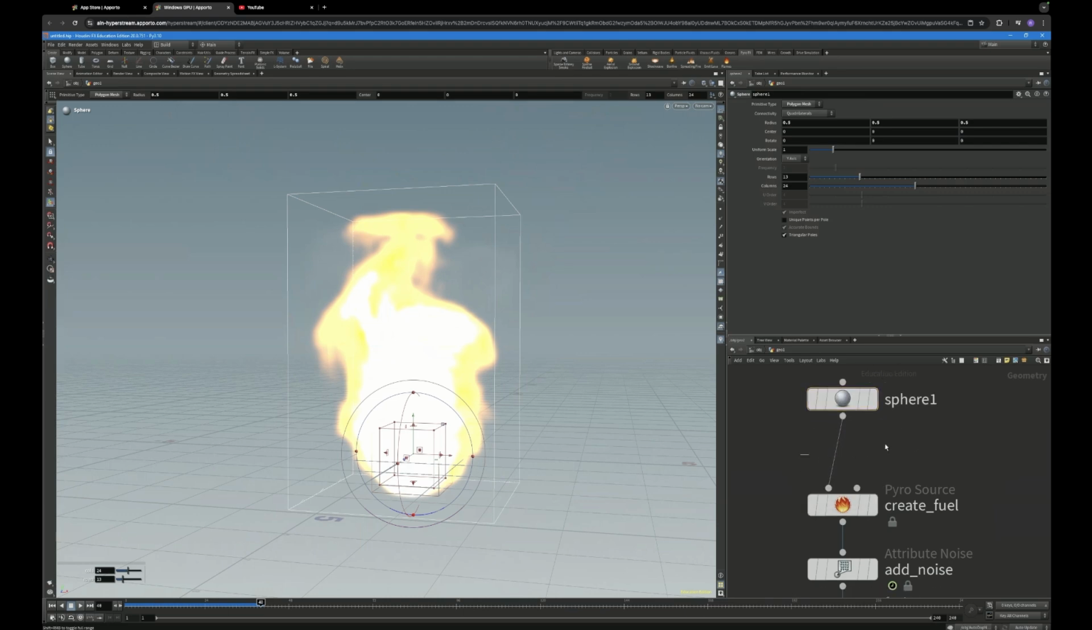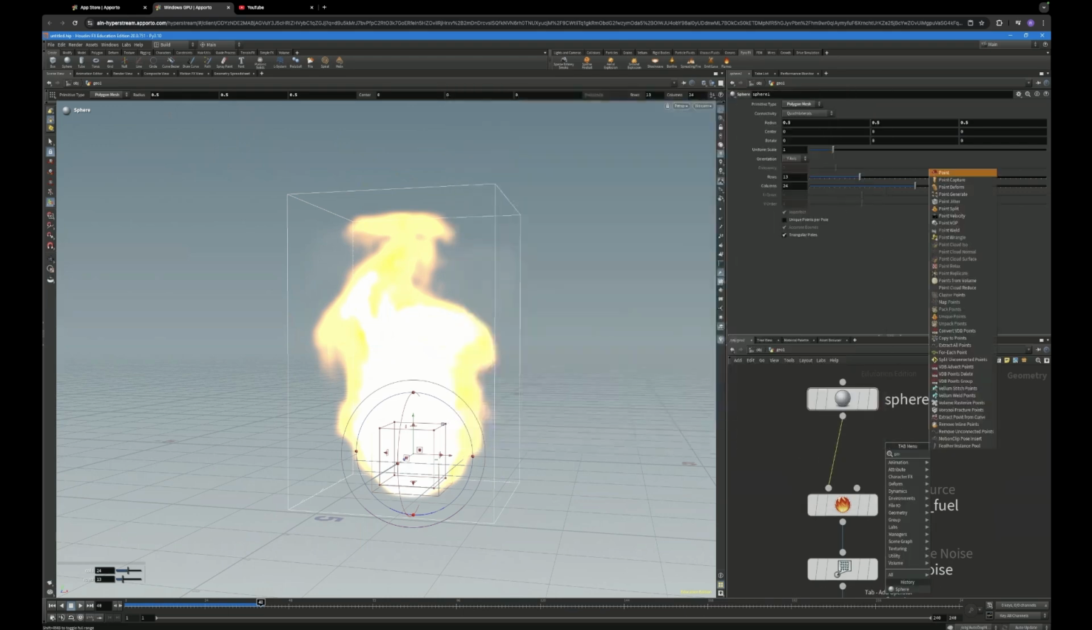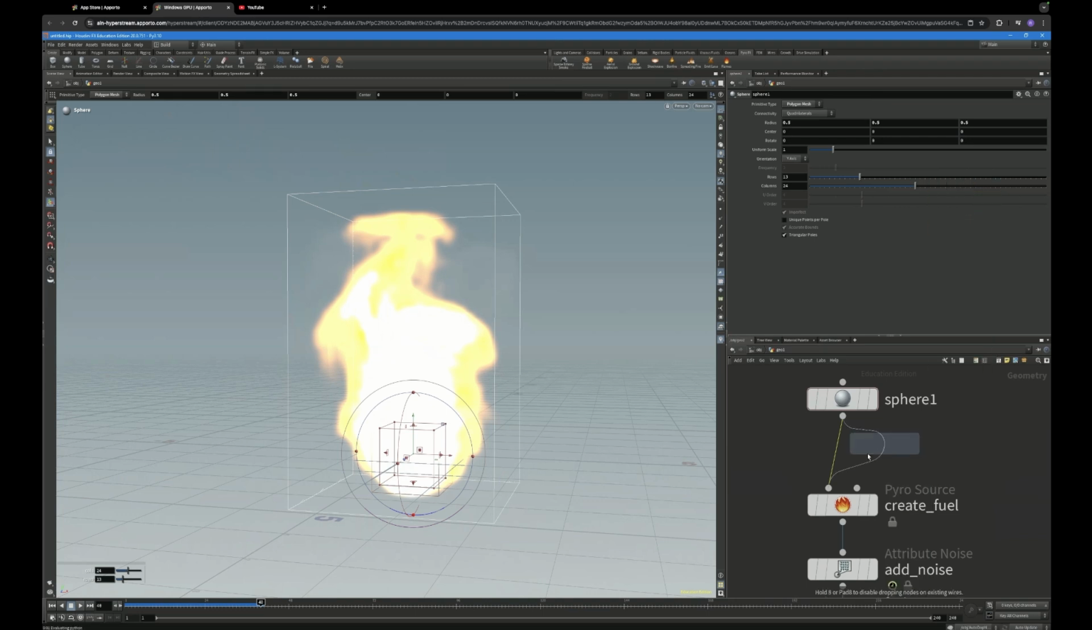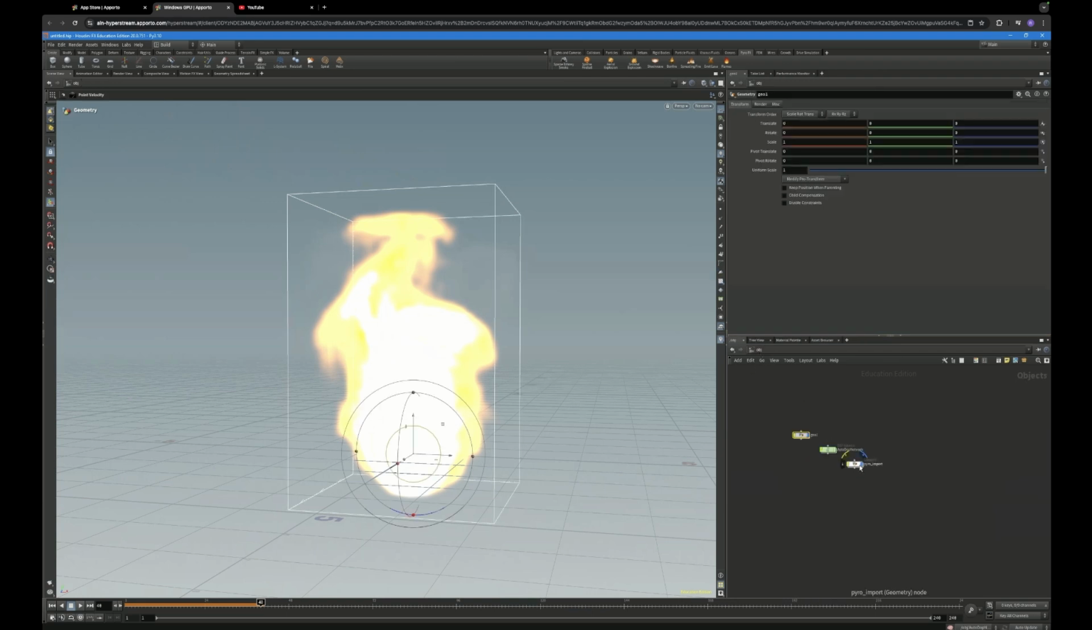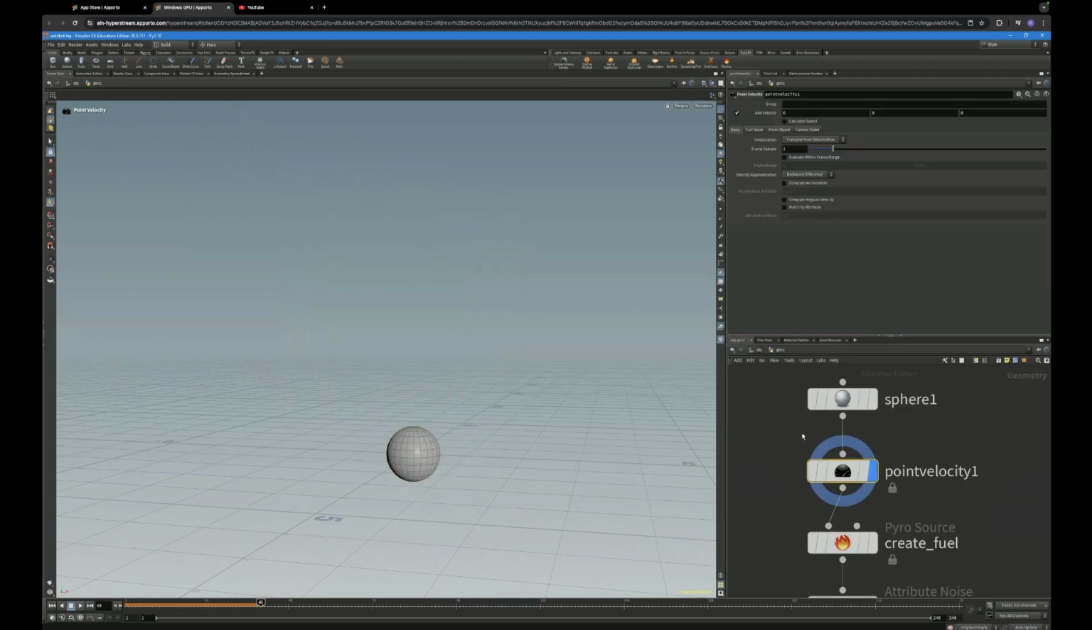right before this sphere node, you're going to want to drop down a point velocity right there, and tick on add velocity. Make point velocity visible and come out of obj, make this pyro import invisible, go back to the start of the simulation, click on this little display point trails node, and if you just push this,